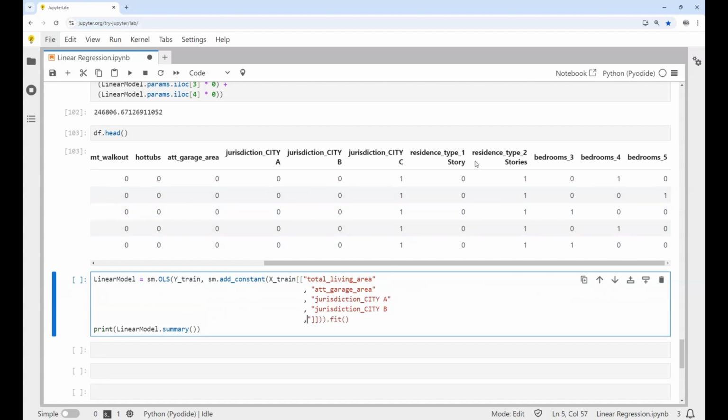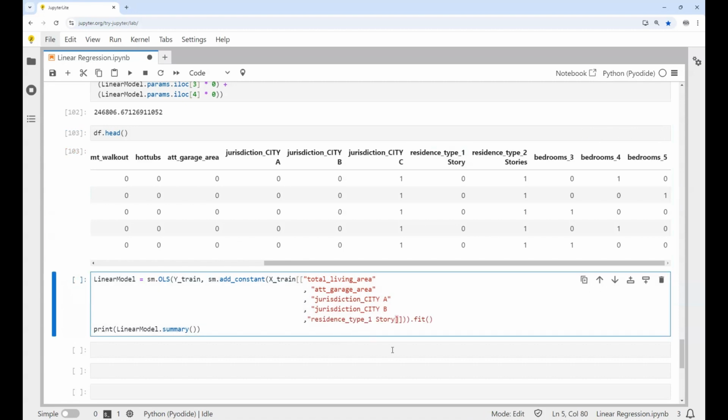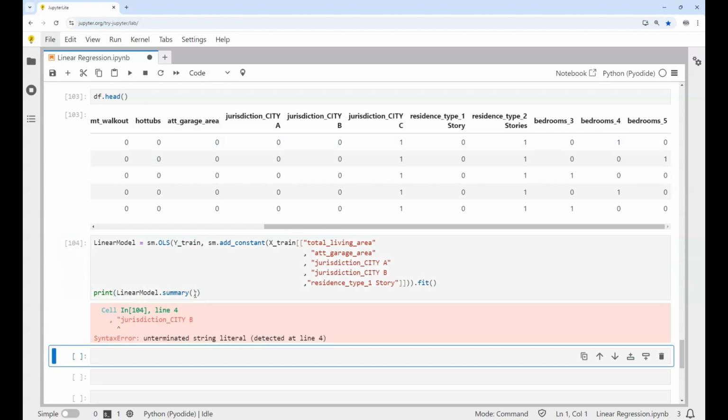And then I'm just going to copy residence one story. Because remember, residence type has two columns, so I'm excluding the two stories from my model and only using one of the variables. So therefore, when we look at the residence story, it's going to be in relationship to this two-story value here. So if we run that,